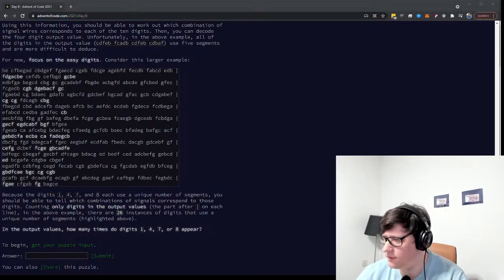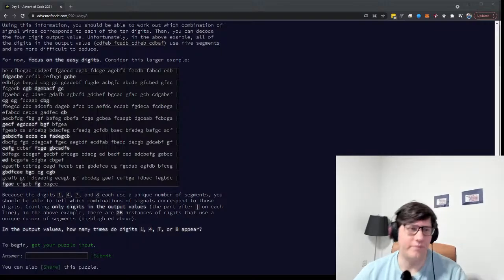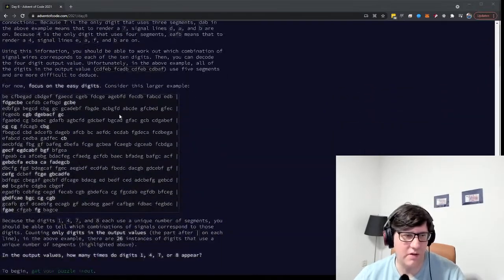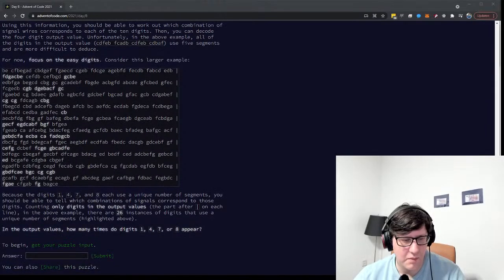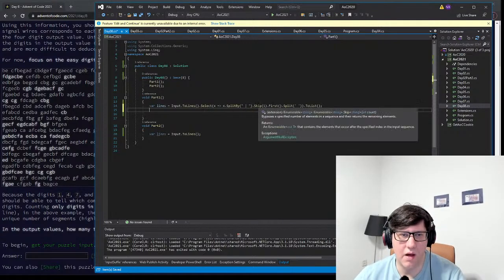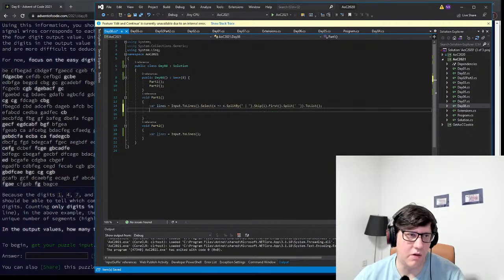We're doing Advent of Code, day 8 today. And this is about decoding a 7-segment display. The first part is not about decoding yet, but we'll get there in part 2, I'm sure of it. So what I've done now is take these inputs, split them, discard the first part because we don't need it for part 1, then split part 2,